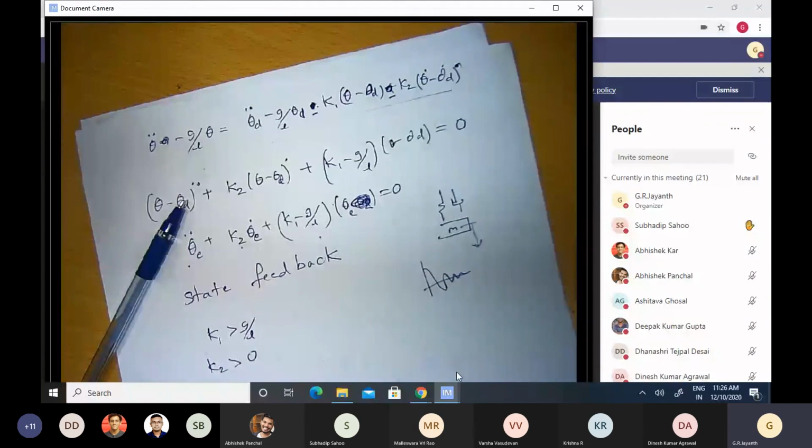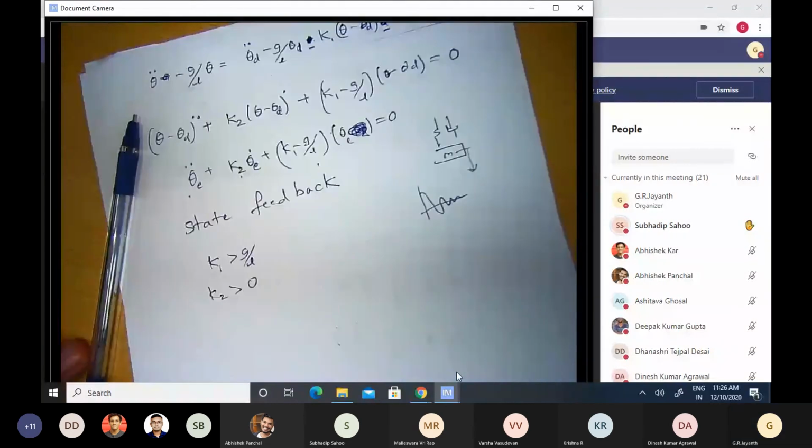Yes, sir. Sir, how are these torques, due to the error of the states, imparted to the system? Well, I may have a motor at the hinge, or some other way to apply torque. It could be a motor, it could be a hydraulic arm or some such thing. The mechanism by which I apply that torque is something we are not looking at here. Suffice it to know that there is a mechanism whereby a torque, a control input, can be applied to influence the orientation of my pendulum. There are several different ways in which that can be done.